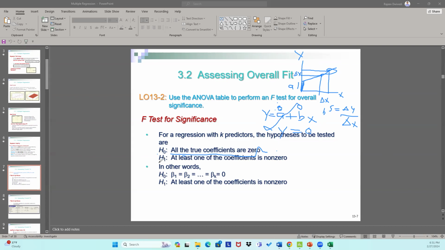Now what does the alternative say? At least one. So y equals a plus bx. Let's say b is 0. At least you have a value which is not 0, so at least one of the coefficients is not 0. This is a very important thing. In other words, beta 1, beta 2, beta k equal to 0 is the null. Under the alternative, at least one of the coefficients is non-zero so that you can have a y value. Otherwise, the y value will be 0. So if you understand this,